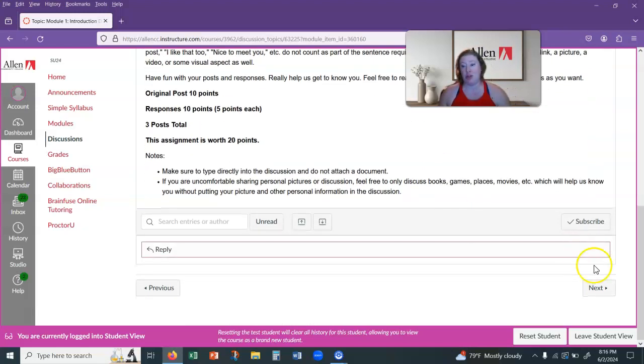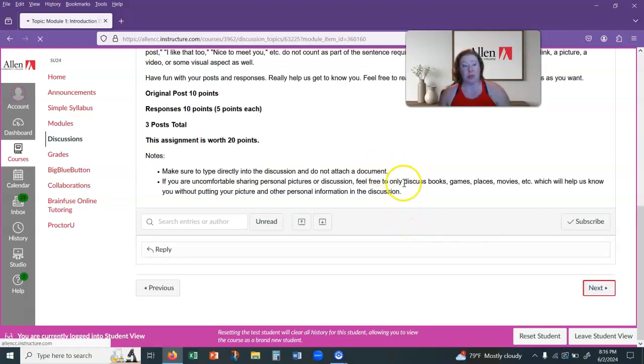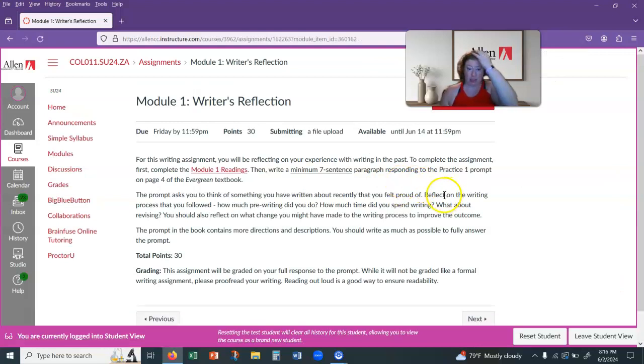So those are kind of the introductory things. Then you'll start working on your first writing assignment, which is a writing reflection. The writing reflection is actually a practice that is out of the Evergreen textbook. So if you go into the textbook in the Module 1 readings, then you can see what that prompt looks like, and I'll show you that here in just a minute. But this is kind of an explanation of the prompt here, and you're just going to type out your 7-sentence